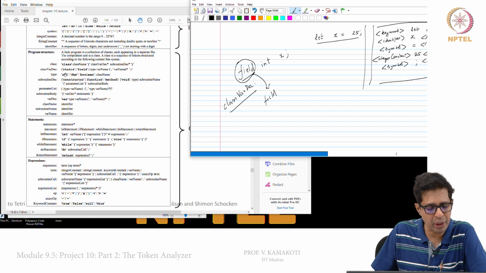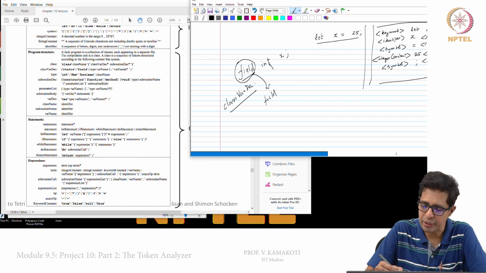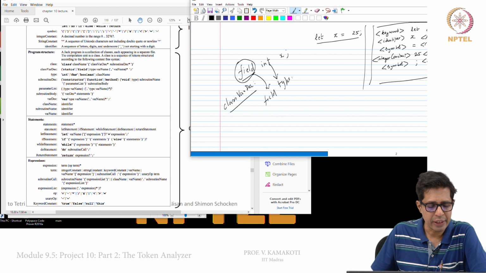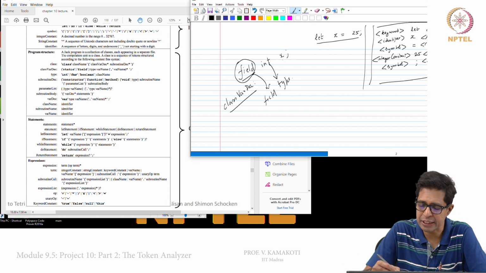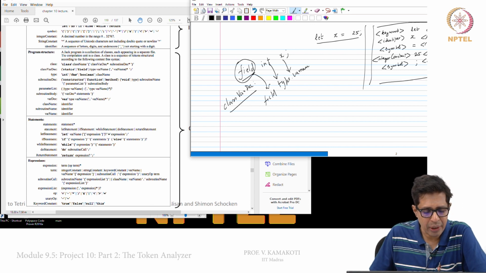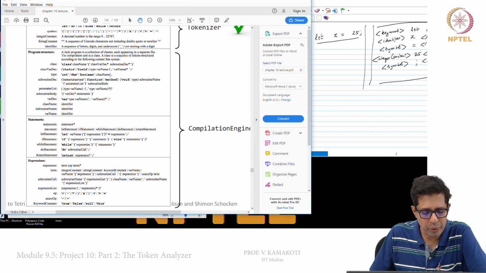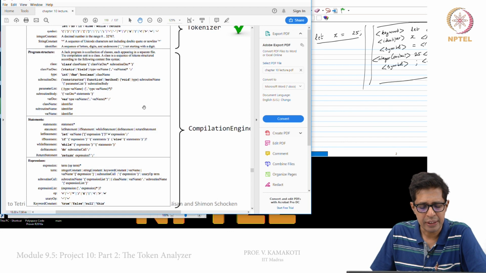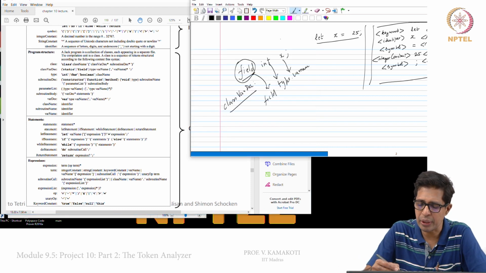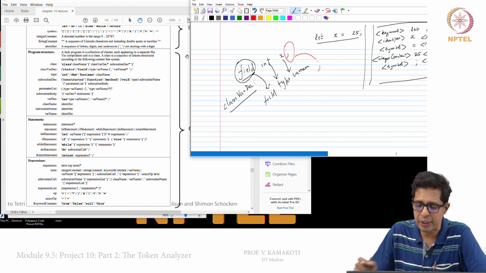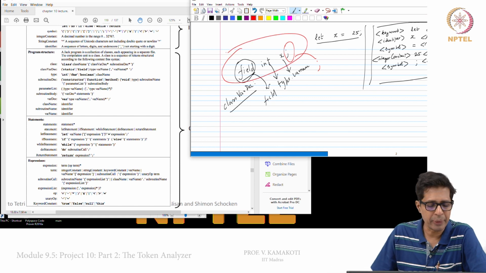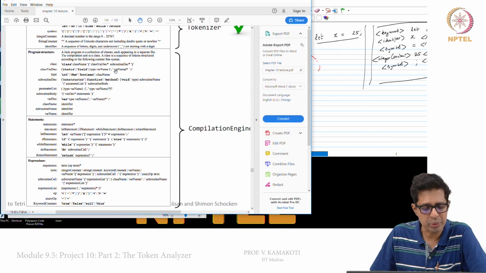The type is one of int, char, boolean or class name, so this adheres to the type. Then you need a var name, which is an identifier, followed by comma var name. The star says I could have 0 or more comma var names. Yes, I had 0 here, and then I have the semicolon here. So this particular statement adheres to this rule.